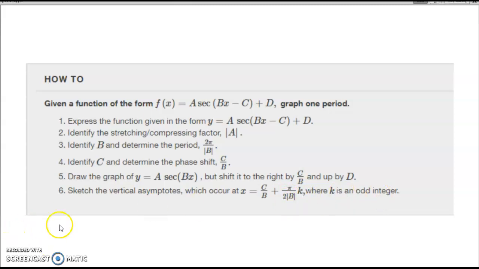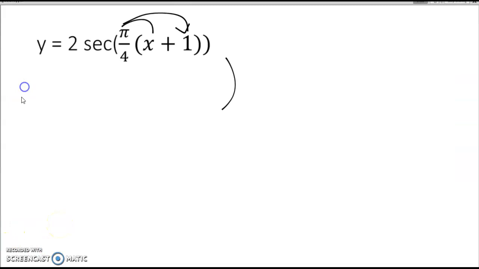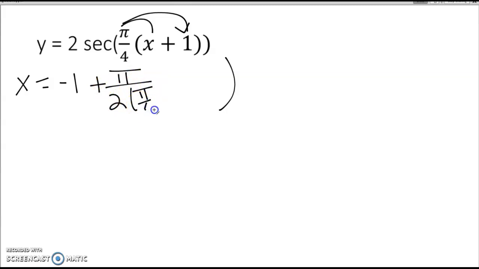So again, x is equal to, we know c over b is negative 1. We just did that calculation. Plus pi over 2 times pi over 4 times some value k. We're going to say k is 1 this time. So this is when k is 1, so I'm not going to put times 1. We know that when we multiply times 1, we get 1. So I get negative 1 plus,